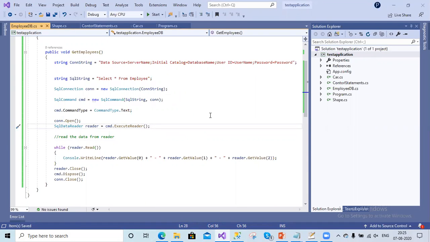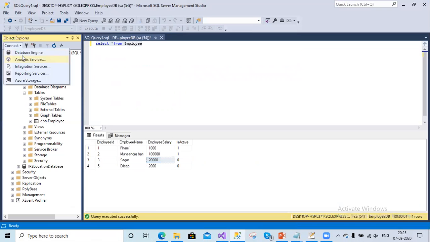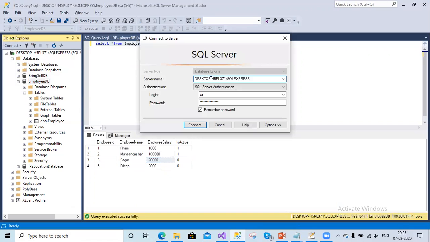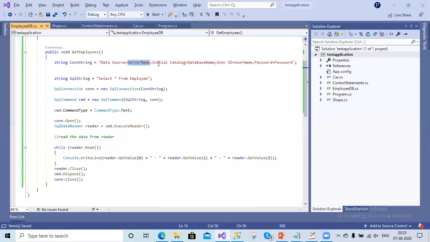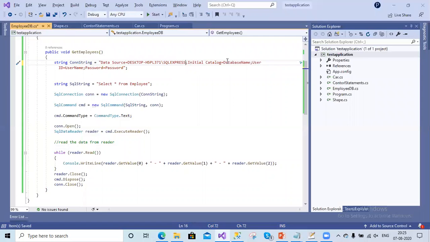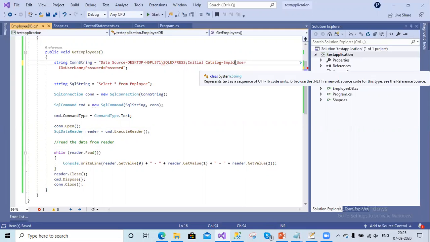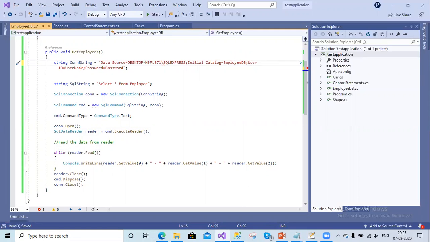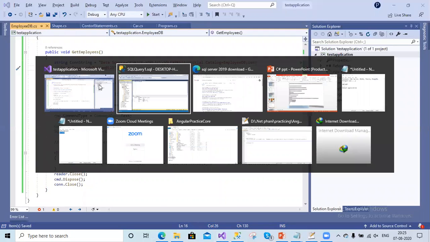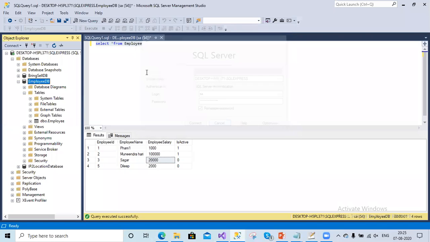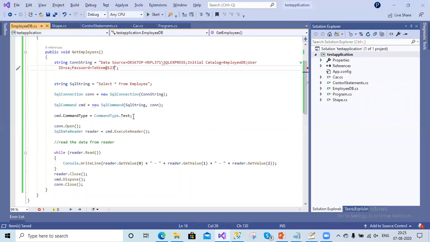We will get these records inside this EmployeeDB class. For that, we have to pass the server name. If I click on connect and database engine, it gives me the server name. I'll replace the server name here, the database name is EmployeeDB, my username is ESA, and my password is set. This is the select command I have already executed here. It is giving some data, 5 records or 4 records. So we have everything ready here.